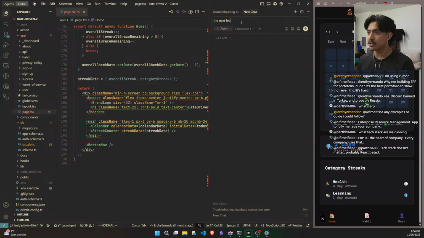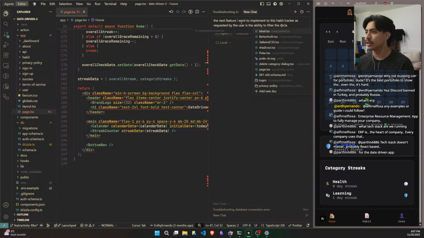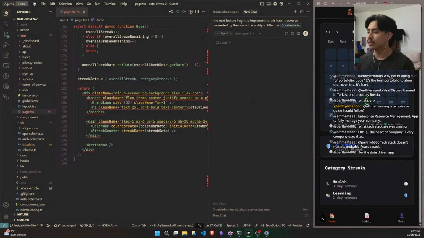The next feature I want to implement to this habit tracker, as requested by the user, is the ability to filter the calendar component based on individual activity.